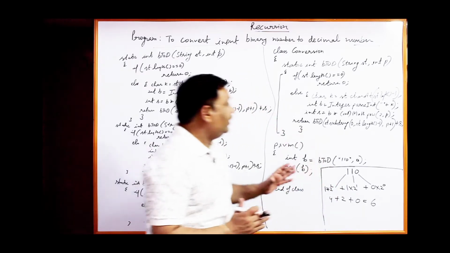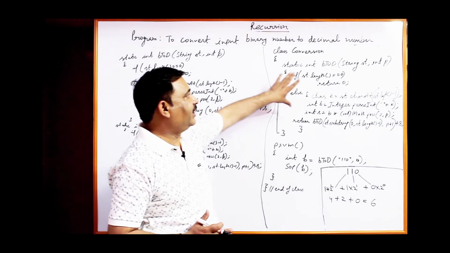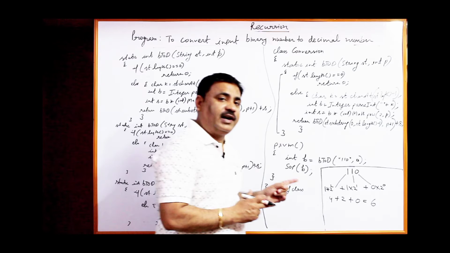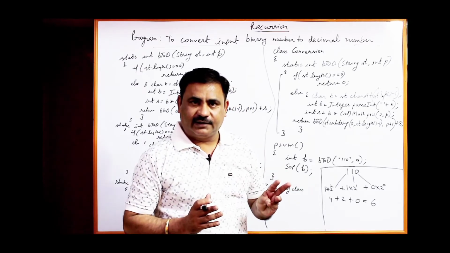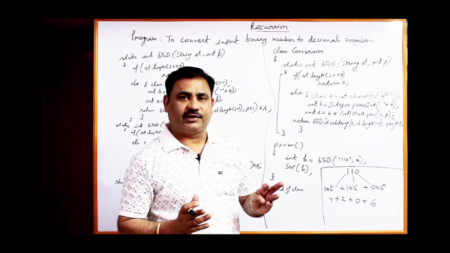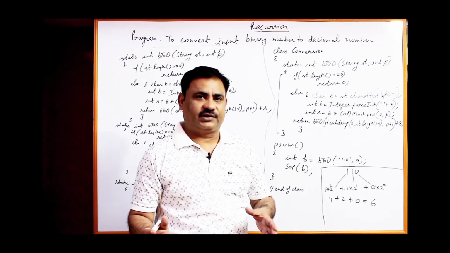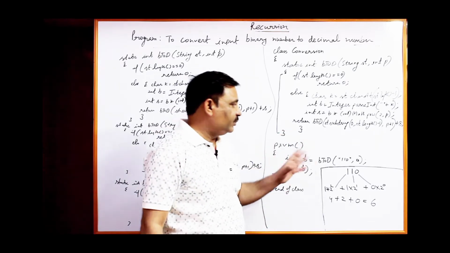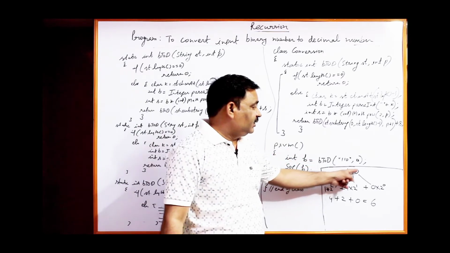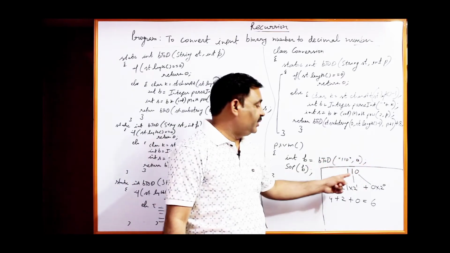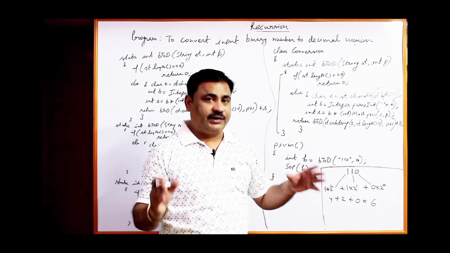I am going to explain this with the help of a recursive function. Recursive function to convert binary to decimal. In this function I have used strings: one function charAt, another length and substring. Already we have discussed strings in the previous classes, all these functions we have discussed. So we will make use of them. Why are we going to use strings? Because the binary number can be of any number of digits, maybe 5, 2, 3, 10, 20, any number, a binary string of digits.